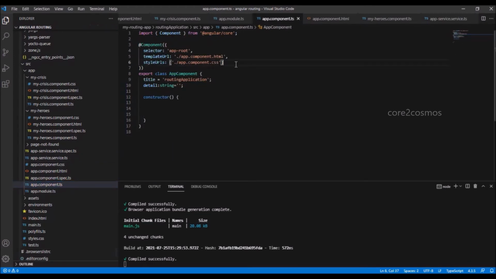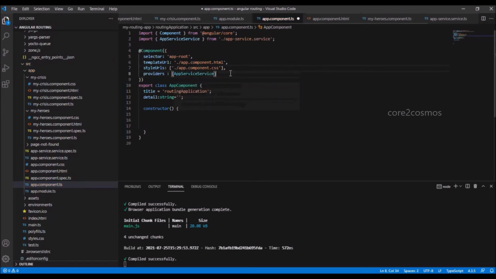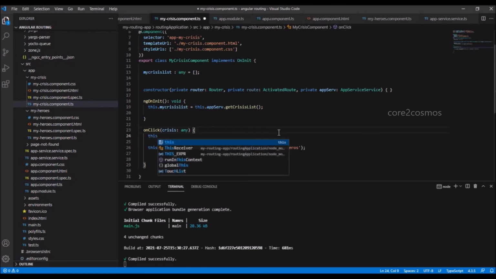I go to the app.component.ts file, and at line number 7 I say providers: and within the square brackets I say AppService, which is my service name. Once I do this step, I go to the mycrisis.component.ts file.